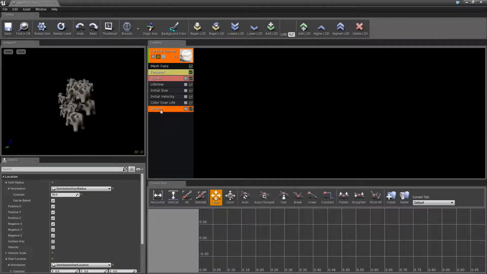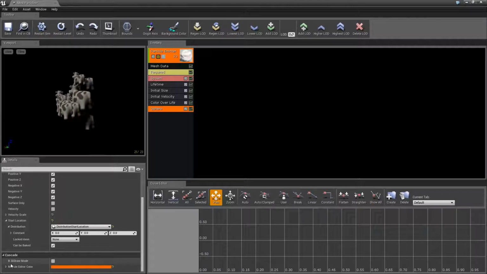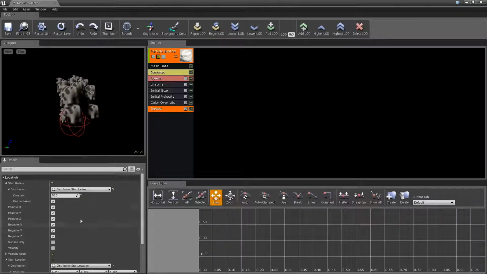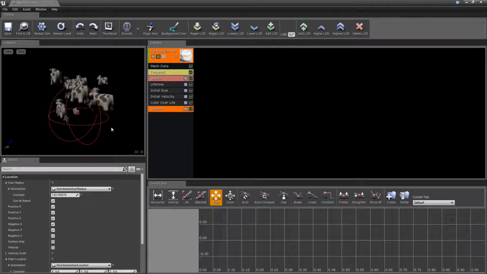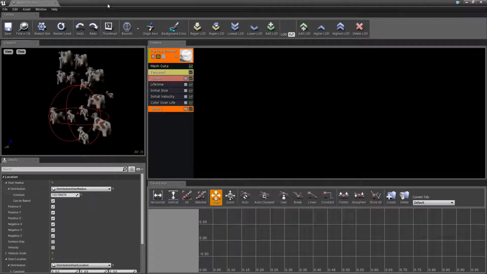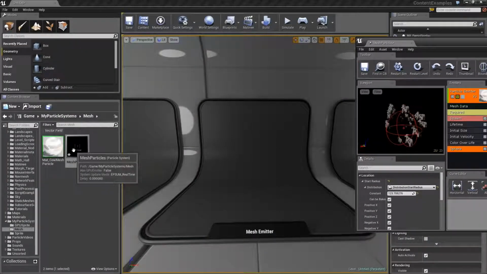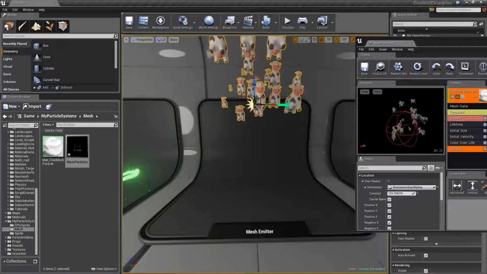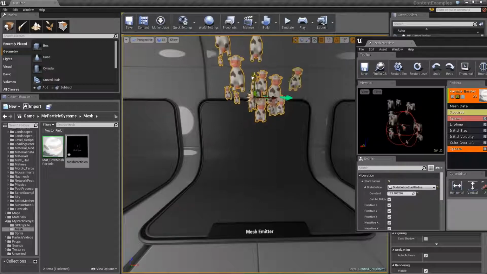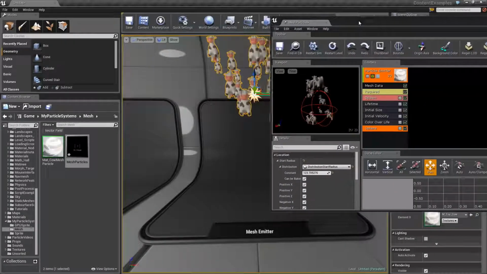If we select this sphere, at the bottom of its options, you'll see there's a 3D draw mode. You can click on it, you can see the actual sphere that we're talking about here. And we can just take its radius and kick it up. And now you can see that we're spawning cows from inside that radius. Now again, it's a good idea to test this in the level, so we'll just bring this in. And we have a bunch of cows starting to float up into the sky, which I gotta admit